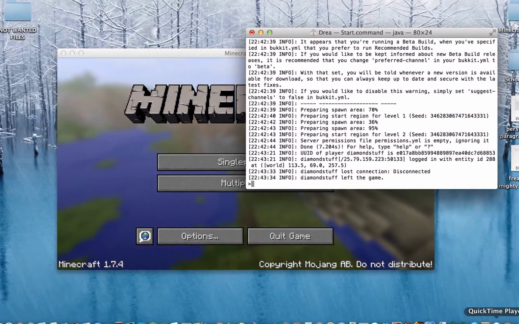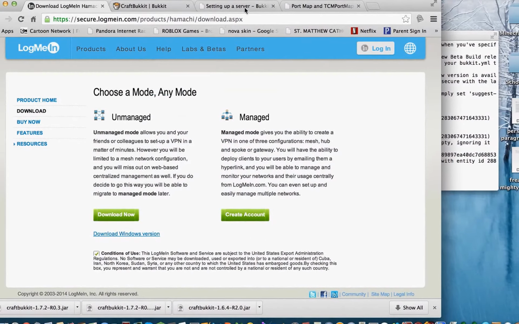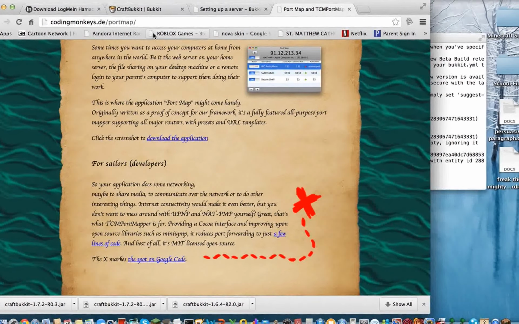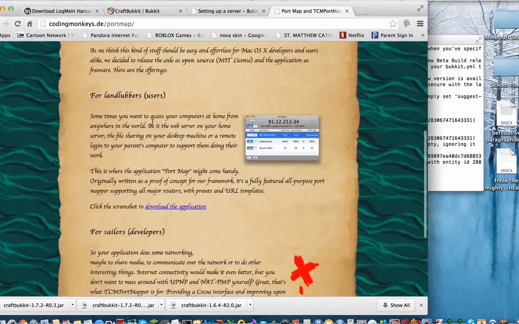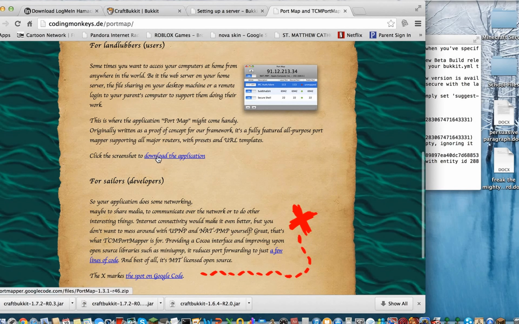Okay. Now, I'm going to show you how to port forward it. So you're going to want to type in codingmonkeys.de/portmap/ and then this will pop up, you know. And then you're going to want to hit this. So since I already downloaded it, I'm just pretty much going to go right here. Then you open it up,